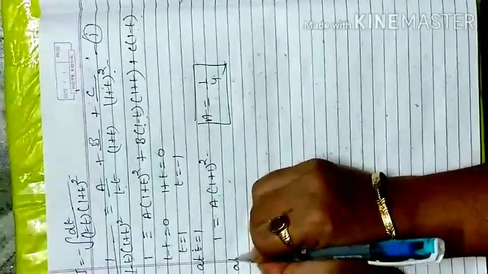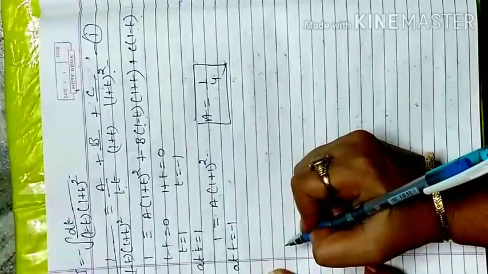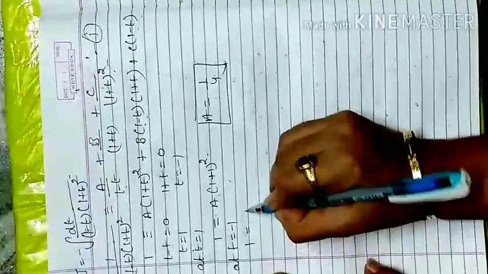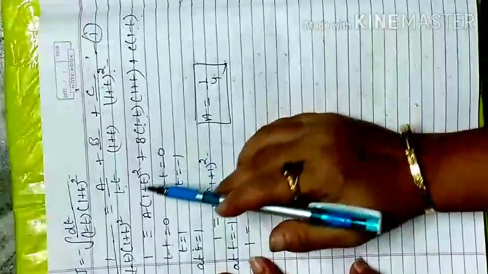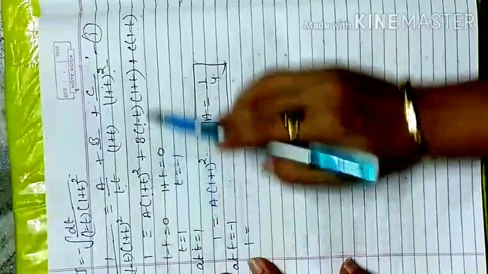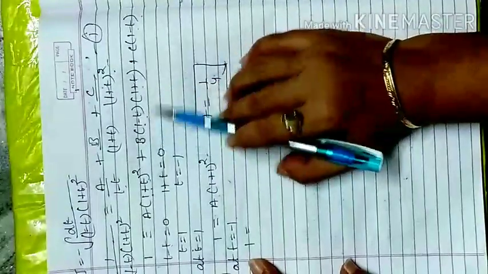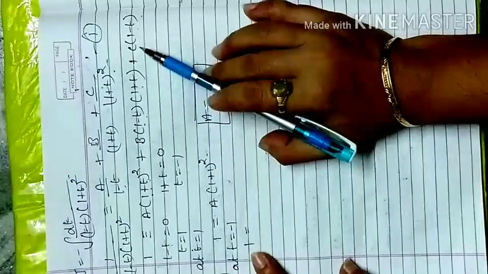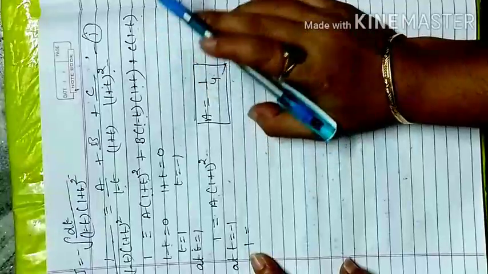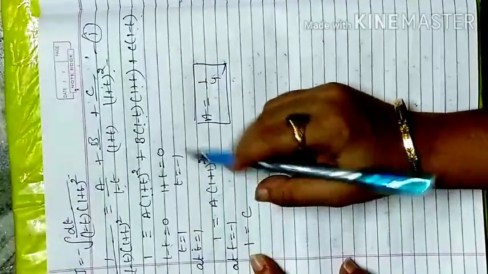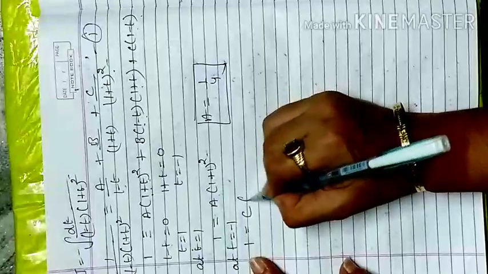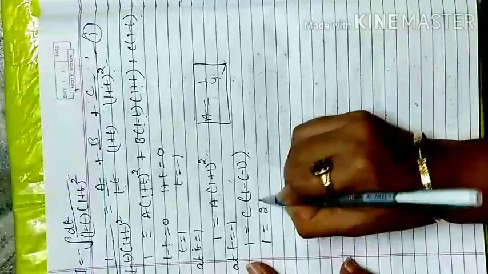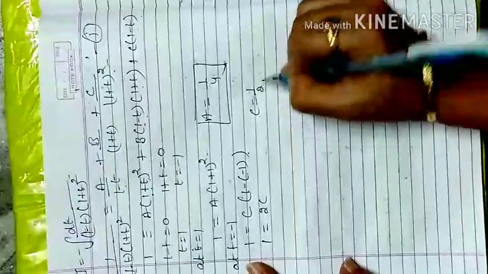Now the next t value is minus 1, t is equal to minus 1. I apply t equal to minus 1 on both sides, left side and right side. If I apply it here, t is equal to minus 1, so that becomes 0. That also becomes 0, because if one term is 0, multiplying it with all terms makes them 0. But here when I apply minus 1, that becomes positive 1, so that will not be cancelled. Only C is left, the other A and B terms become 0. So 1 minus minus 1 becomes 2. 1 is equal to 2C, then my C value is 1 by 2.